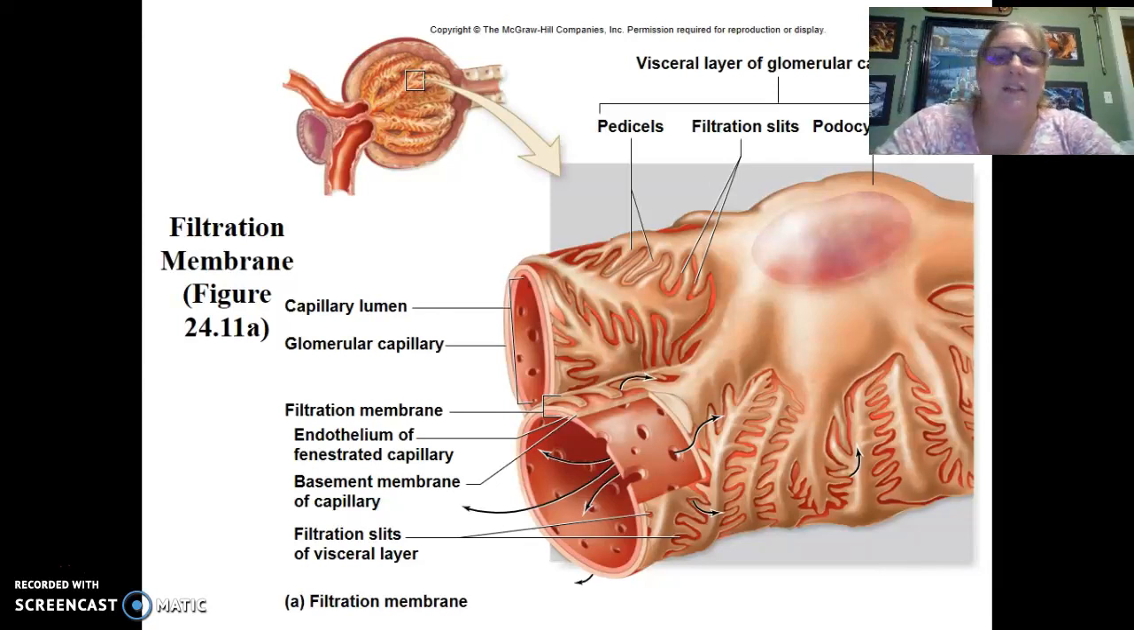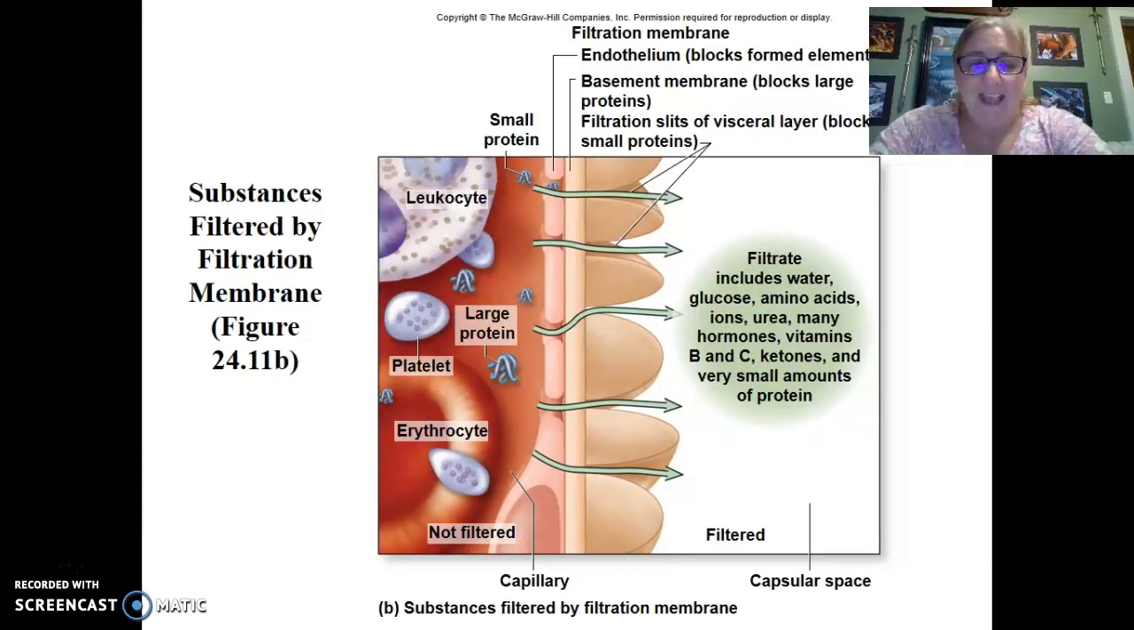I don't usually ask you to identify structures of the filtration membrane in a picture, but I may ask a question about that filtration membrane, so you do want to know it. And so here's what is going to be excluded from the filtrate. You're not going to have cells and typically large proteins, but very small proteins, tiny hormones maybe will get through. Very few, but some maybe amino acids that are